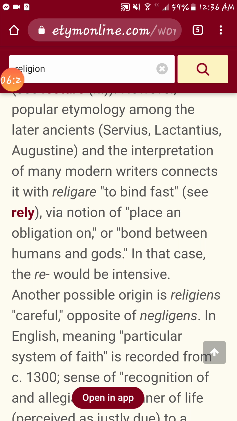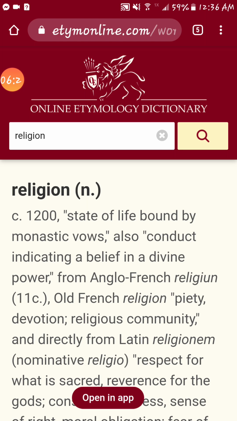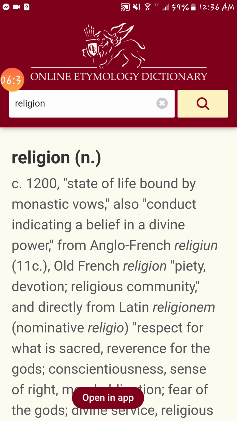So, if we want to talk about God, then of course, one of our next words should be religion, guys. So when you're dealing with God, we're dealing with religion. Religion is a noun. It comes from circa 1200. When you see that "c.", that's circa. Circa means around the time. So when you see something with "c." and a date, that means around the time of the 1200s. So this word came around the 1200s, sometime around those years.